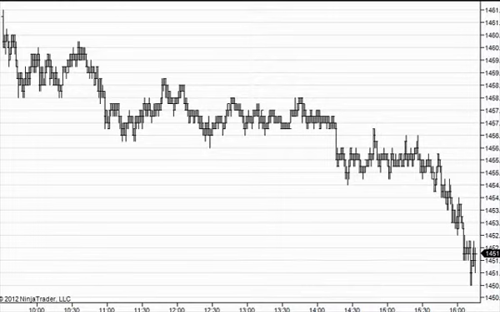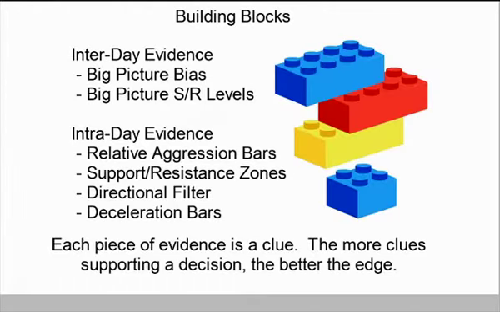And I thought what I would do today is something a little bit different, a little unique, and just start with a naked chart and then build the chart with each component and then make sense of what each piece of evidence is telling us. And so to start that idea, I wanted to talk about the way we look at things